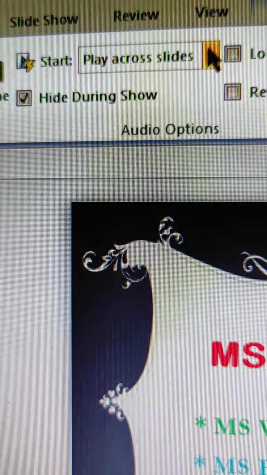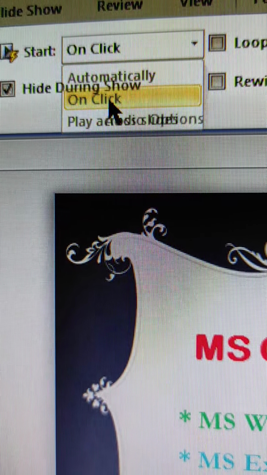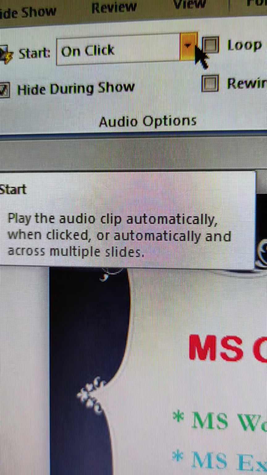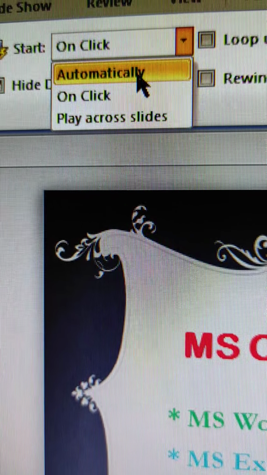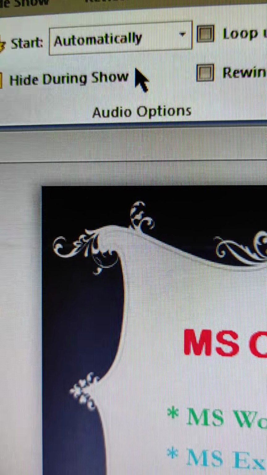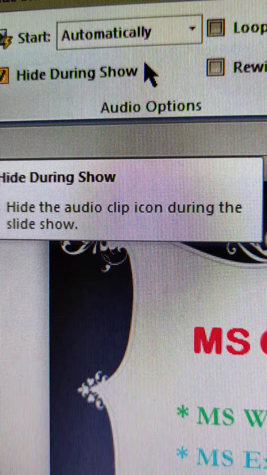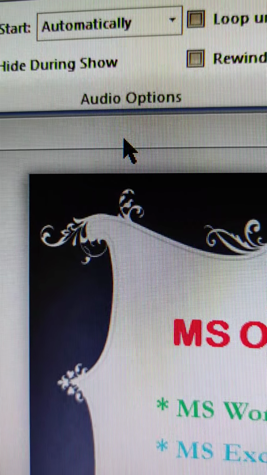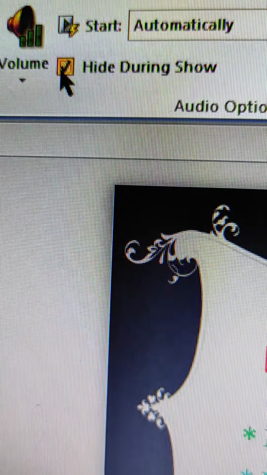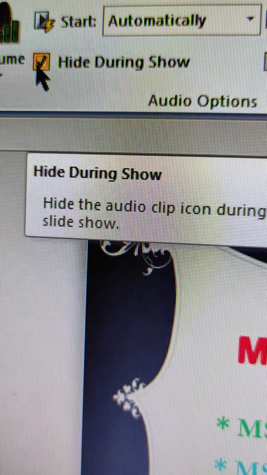Okay, these are the two options, one is On Click and the second one is Automatically. Now we will just click on Automatically. Hide During Show is for when we don't want that speaker icon.